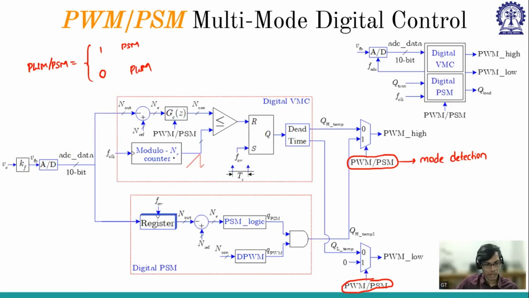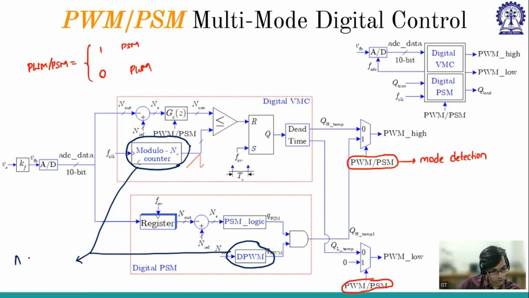So that is happening. But if you see, we can take the two codes that we have already discussed, but it will increase the resources, because here there is one modulo counter and here there is one DPWM, and here it is being compared with the ncon, and it is giving a reset pulse. So here also it has a fixed ncon, and there is a counter. So what we can do is we can use a single block